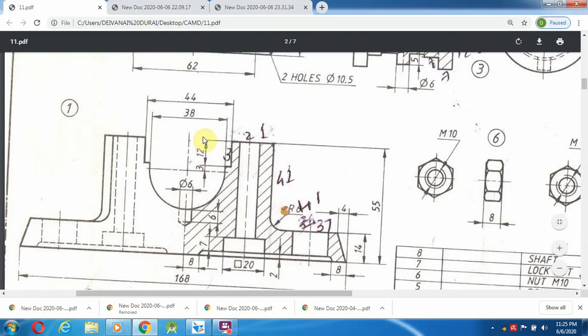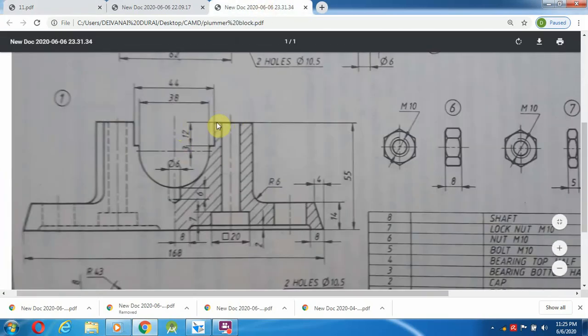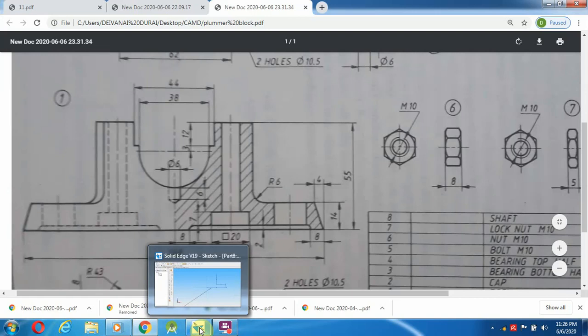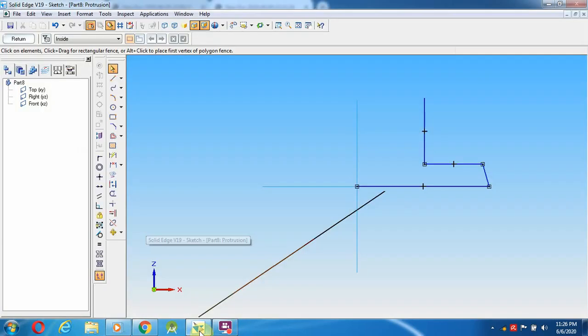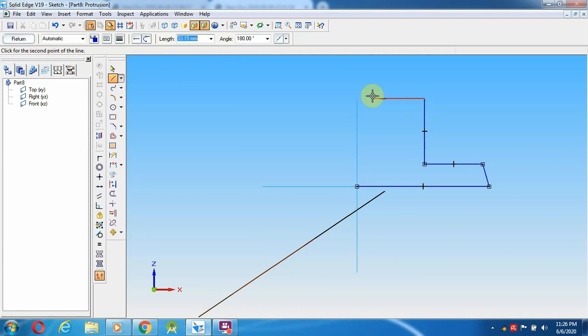So this is the 43 mm from here to here. So that 43 mm, then from here to this edge is already 44 mm. So from the middle to here is 43, and the distance from here to here is 44 mm. So from the axis to 22 mm, 43 minus 22, so this length we can find with the help of that, that is the 21 mm. So select a line. So from here, 21 mm.